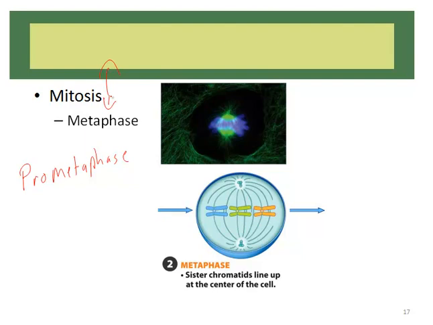And during that prometaphase is when the spindle fibers actually connect to our chromosomes and start pulling them towards the center. And then once they're lined up in the center, or on the equator of the cell, then it's in metaphase. But your book leaves out prometaphase, but just know that those fibers actually attach and move the chromosomes between prophase